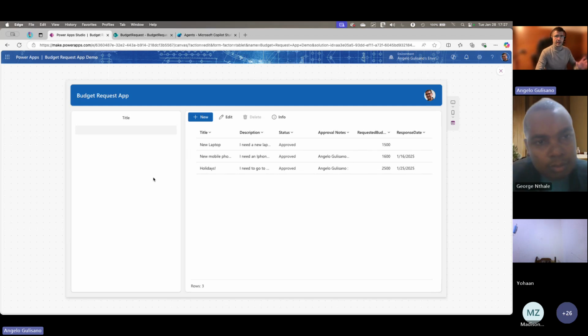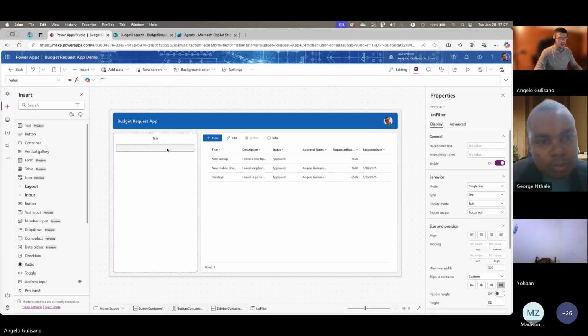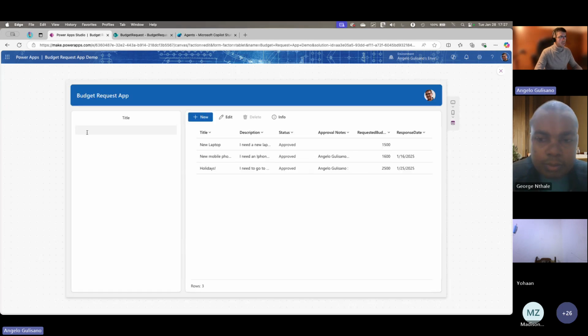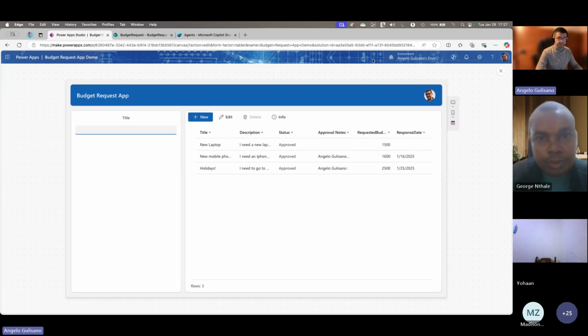applied near real time, because in the model control you have a property to do this, is a trigger output property, and is set to focus out. So the filter is applied when you push out the focus. But for example, you can change this, for example, with key press, and in this case is near real time. Okay, etc. So we have created the first filter.